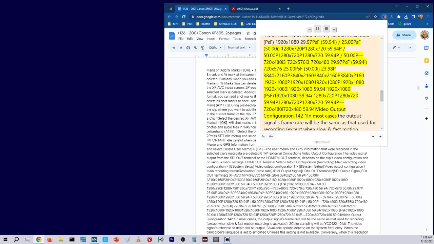Video output configuration. In most cases,